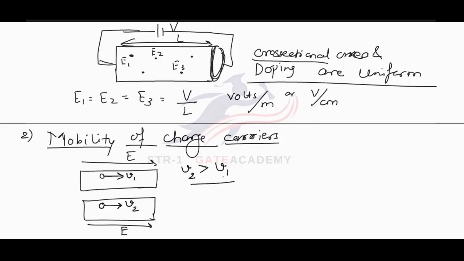If V2 is greater than V1, then I can conclude that if the same electric field is applied to both the materials, then also this charge carrier is moving with a greater velocity than this charge carrier. So I can conclude that this particular charge carrier in this material can freely move in the material. That is, this charge carrier has mobility greater than this charge carrier. So I can define here mobility as